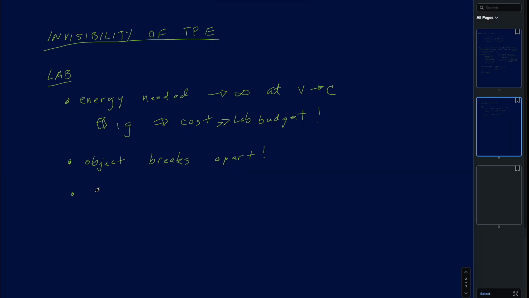So we can accelerate, for example, particles such as electrons or protons.